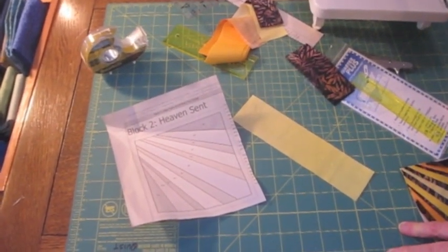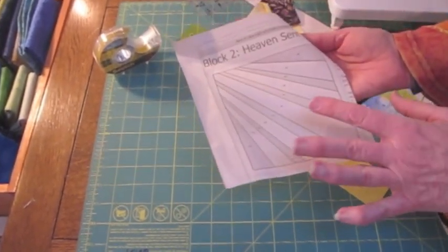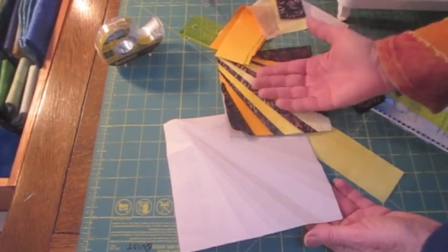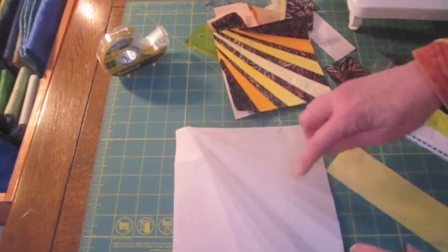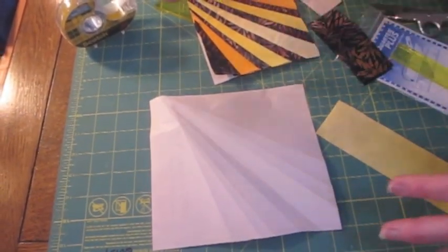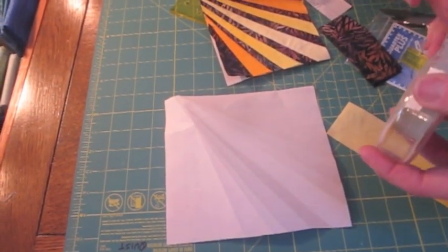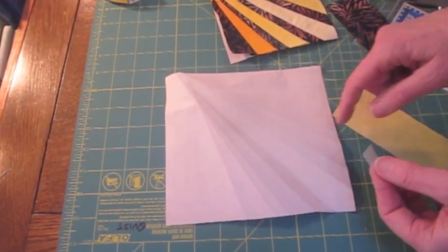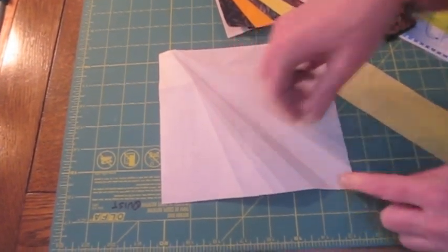Okay, so now what we do to attach the fabrics to the backs of the paper is this is the sew side of the paper foundation, and this is the side where the fabric is going to be shown on the correct side. This is the correct side of the particular piece that I'm going to use down the center. You can use fabric glue or double-sided tape in this particular instance, or even a pin if you would like, but in this case it has to be something that will hold it in place while we do the sewing. You don't want anything to go where the sew lines are going to be, whether it's glue or double-sided tape or a pin, obviously. So I'm just going to put the double-sided tape right here in the fat portion of this piece,